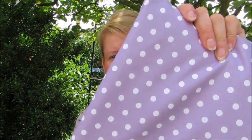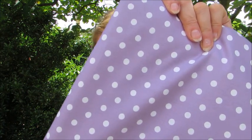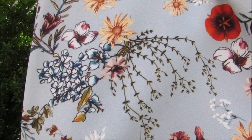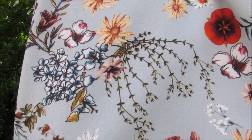And yeah, it is so lovely, and the colour is coming up true on camera there, so really pleased with that one. This next beautiful fabric is a floral fabric, and I picked up 1.5 yards. It is called Meadow Heaven, and the fabric content is a polyester spandex mix, and it's pretty drapey,